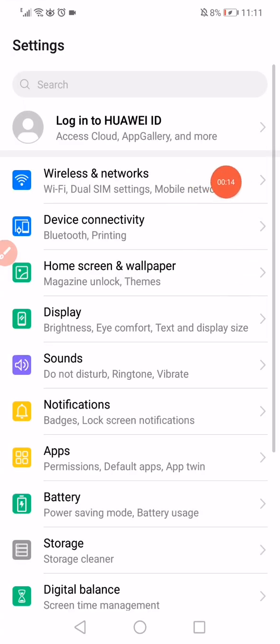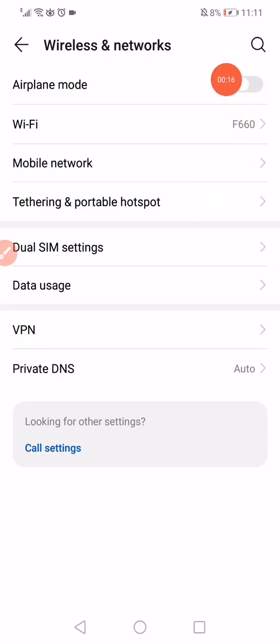So first thing you want to do, open the settings and then go to the wireless and networks, go to the airplane mode, enable it for 5 seconds and disable it again, and then go back to the settings again,